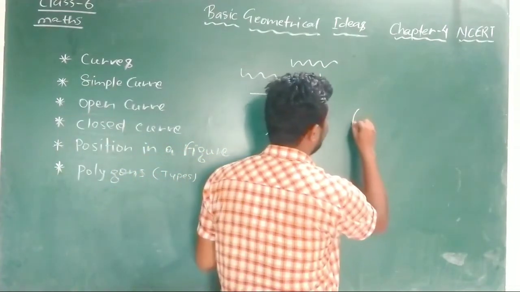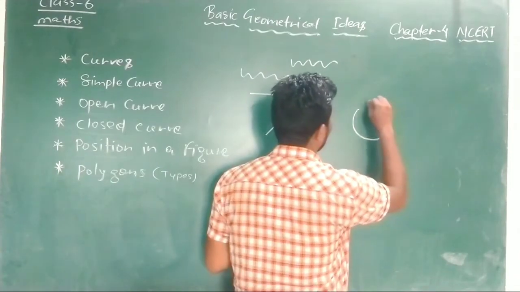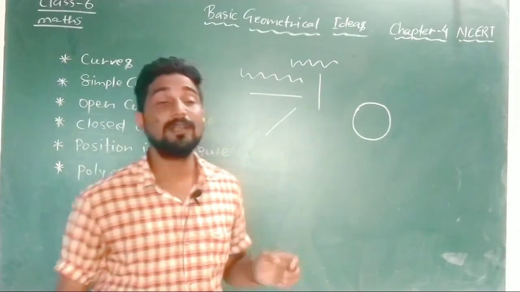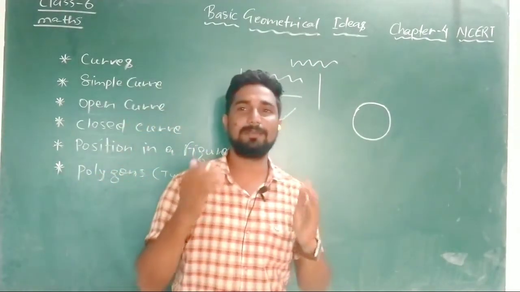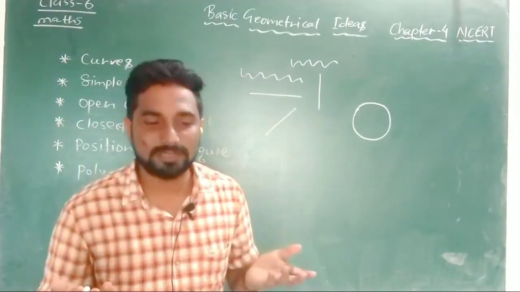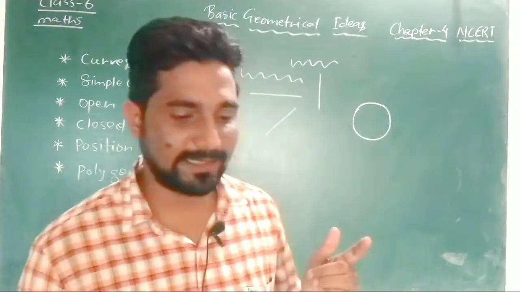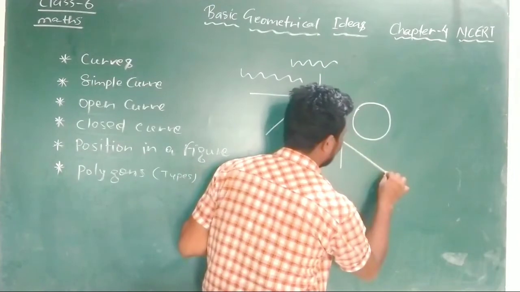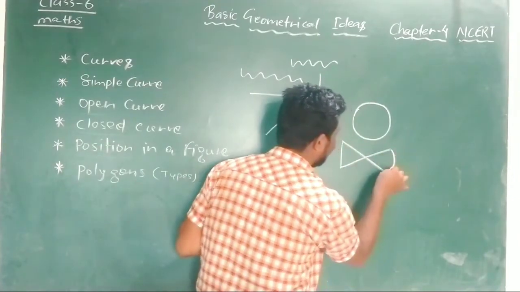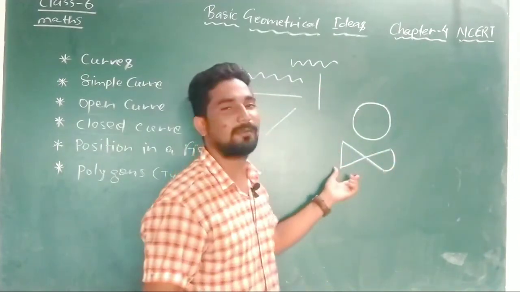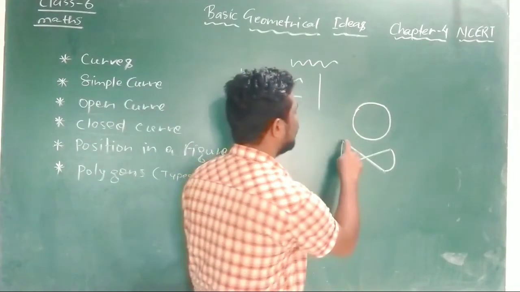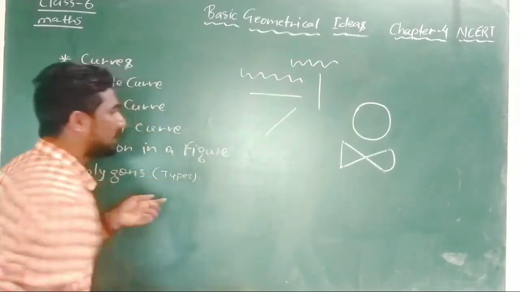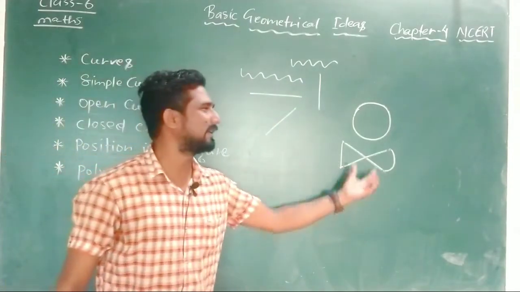Suppose what is a simple curve? You see, this is a simple curve. Why is this called a simple curve? One more definition you can put for simple curve: the picture or the image which does not cross itself. Suppose I make one picture like that. You see, this is not a simple curve. Why is this not a simple curve? Because it does cross itself. So if a picture crosses itself, it looks complicated compared to this.